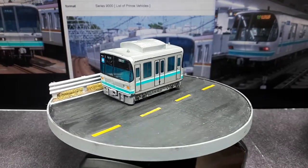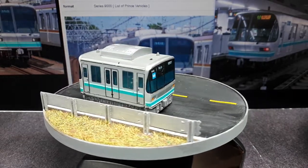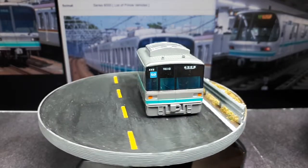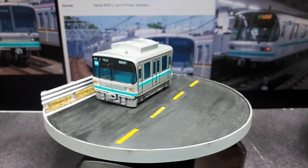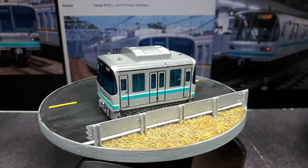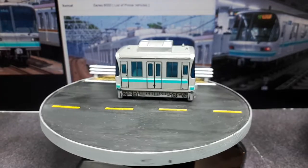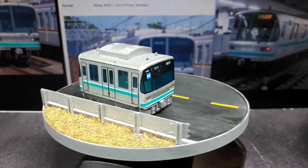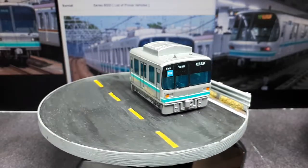Well, I'm not sure what to think. I like this thing, but I really know nothing about trains. So, I just don't know why I would collect these. I guess if they're cheap enough, maybe I'll collect some more of them. I like that they're so cartooned, so short, because you know a train cabin is really long. They gotta be like 50 feet long at least, I'd imagine. So this is foreshortened quite a bit. And because you don't have to see the wheels,